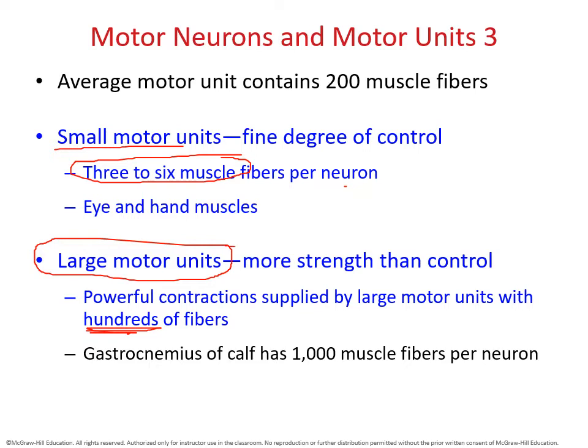So all the muscles, for instance, that are important for locomotion, walking, lifting, running, climbing the stairs. Like for instance, if we take a look at our calf muscle, our gastrocnemius muscles, our glutes, those are all going to be examples of large motor units because they have to be able to generate strength for the body to either propel forward for locomotion or, for instance, to lift any heavy entity from point A to point B. So a small motor unit is all about fine, delicate control, where a large motor unit is all about gathering strength.